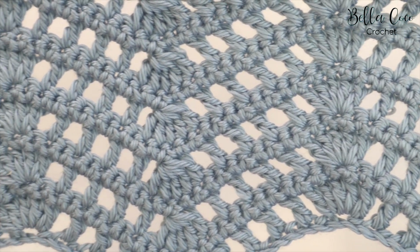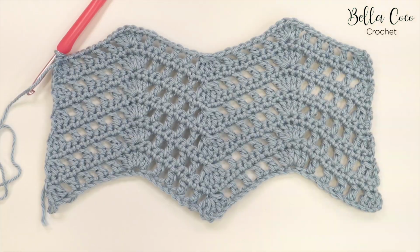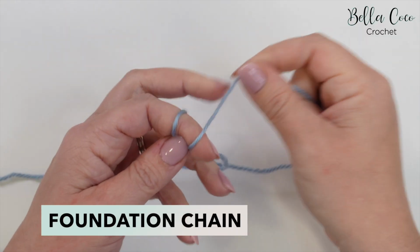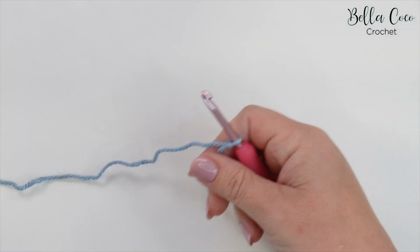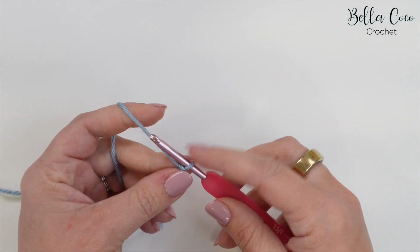In this tutorial, I'm going to show you how to make this gorgeous Lacey Ripple Stitch. You want to begin by creating your slip knots, and you can use whichever method you prefer for this. Go ahead and insert your crochet hook, and for this stitch we're going to be doing a multiple of 24